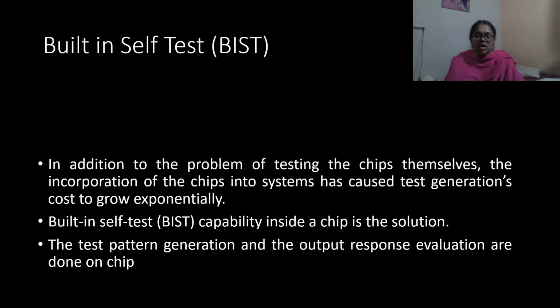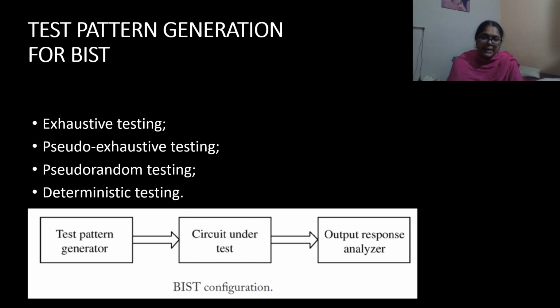The main function of the test pattern generator is to apply test patterns to the unit under test or circuit under test, assumed to be a multi-output combinational circuit. The resulting output patterns are transferred to the output response analyzer. So, we have a test pattern generator which generates the test patterns and gives them to the circuit under test, and the output generated by the circuit under test is given to the output response analyzer for checking whether any faults are present.